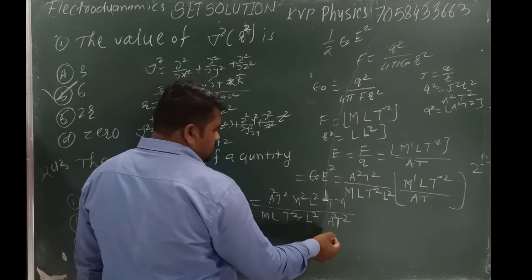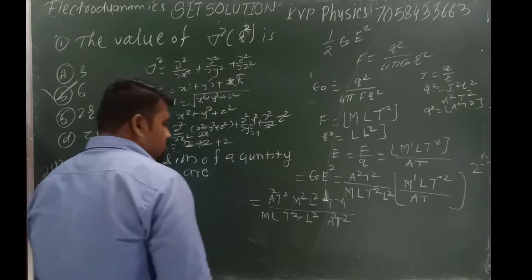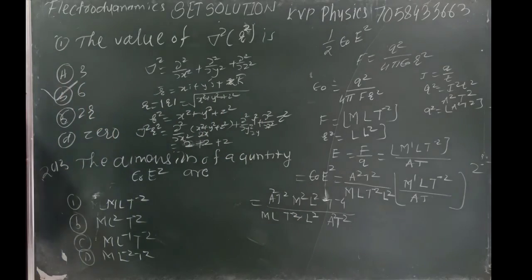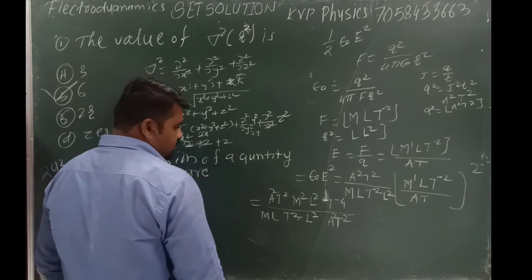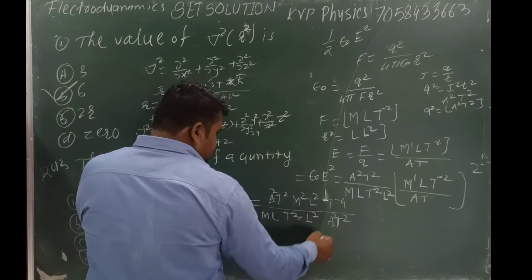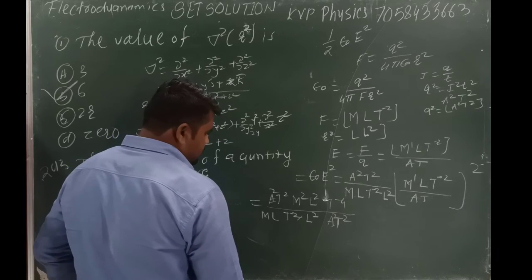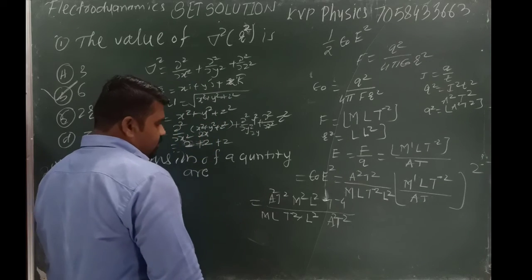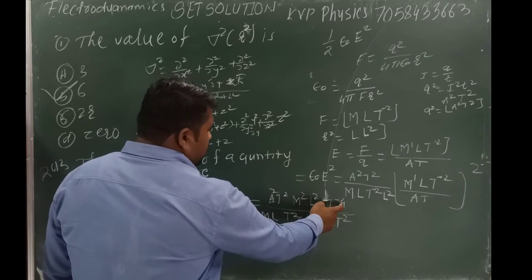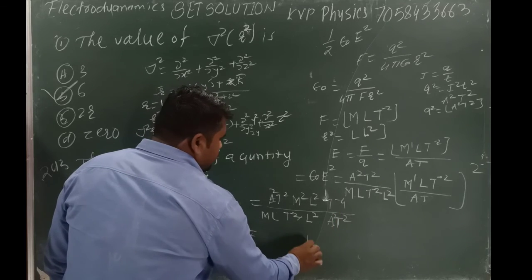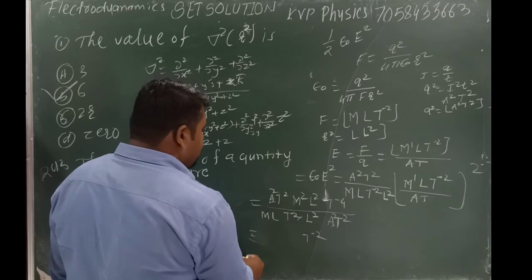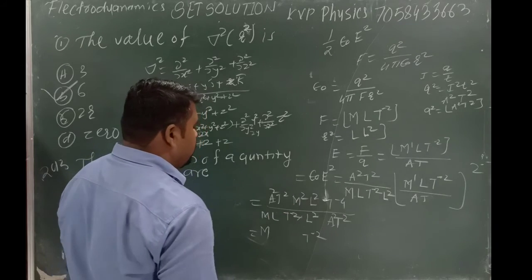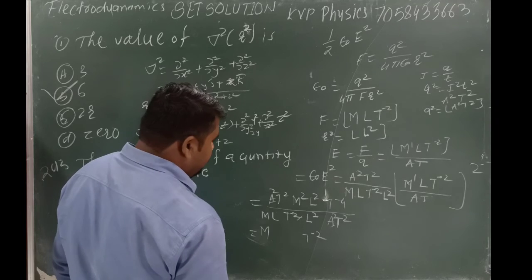Here plus T minus T, minus T, square. Now which part gets cancelled? Here plus 2T minus 2T gets cancelled. Next, this A square gets cancelled. Here is plus 2, here minus 2, means T to the power minus 2. Next, here M to the power 1, here M to the power 2, means M to the power 1 in the numerator. Next, focus on L.